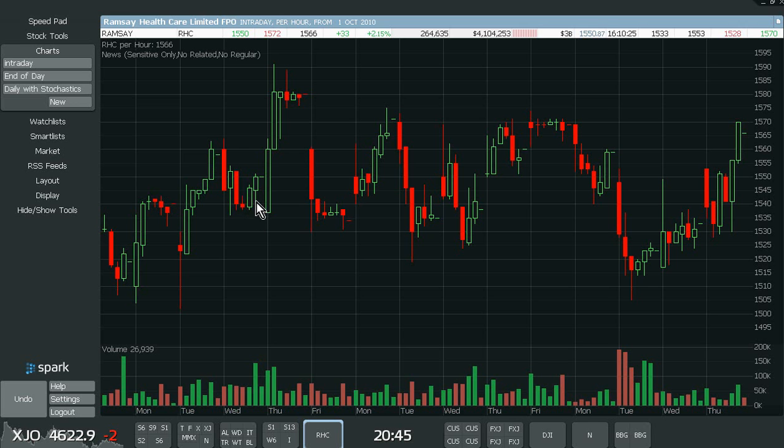On the way back up from 40, you've got another trade back up, and you'd be out once you hit the 60. If you kept some kind of a trailing stop, you might have got more of this. Next day it looks like it's gapped down. There's your entry under 60, right back down to 1530. And I'm sure some of these you'd probably get stopped out, but I just wanted to show you how many possible trades there are. Here last Monday it broke up through the 1570, then dipped again,